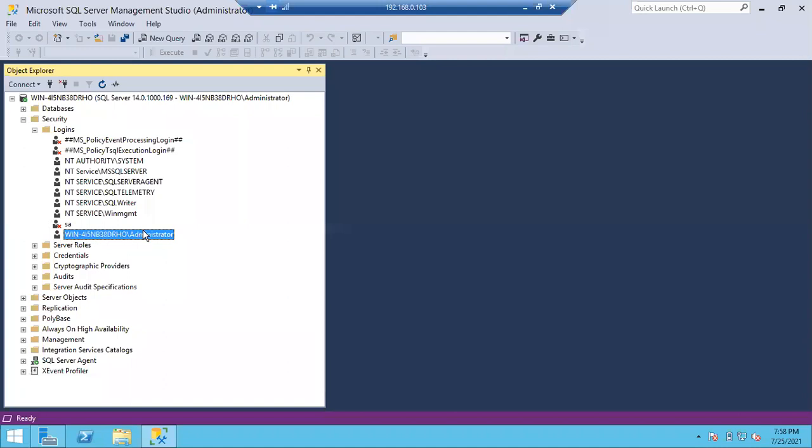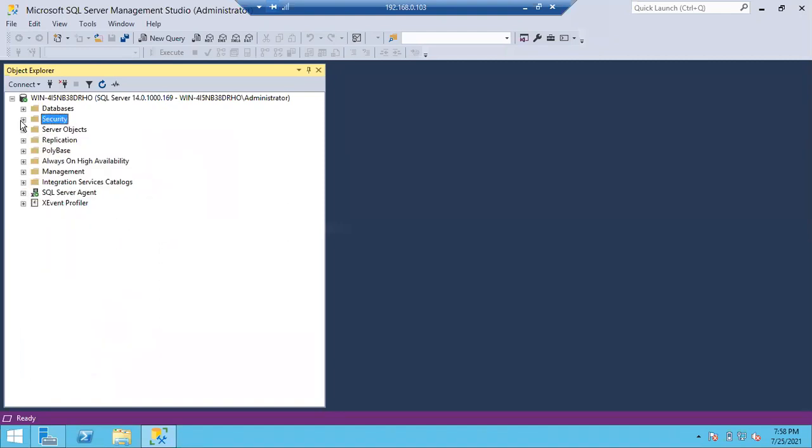Don't think that everyone who can access my Windows machine with administrator privileges can connect to my SQL instance. Why? Because a login should be created for them. Those who are members of the logins list only can connect to my SQL instance. If you are not a member of this logins list, you cannot connect. Even if the person is a CEO, he should be a member of this logins list. Otherwise, he can't connect to the SQL instance.